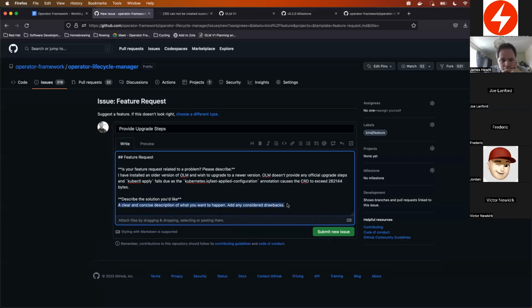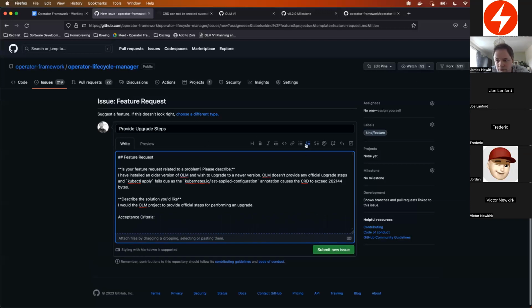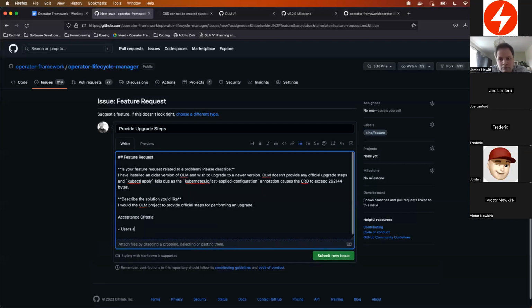So almost done. I'm just going to call this out. I'd like the OLM project to provide official steps for performing an upgrade. So just write some acceptance criteria down. Users are given a document to